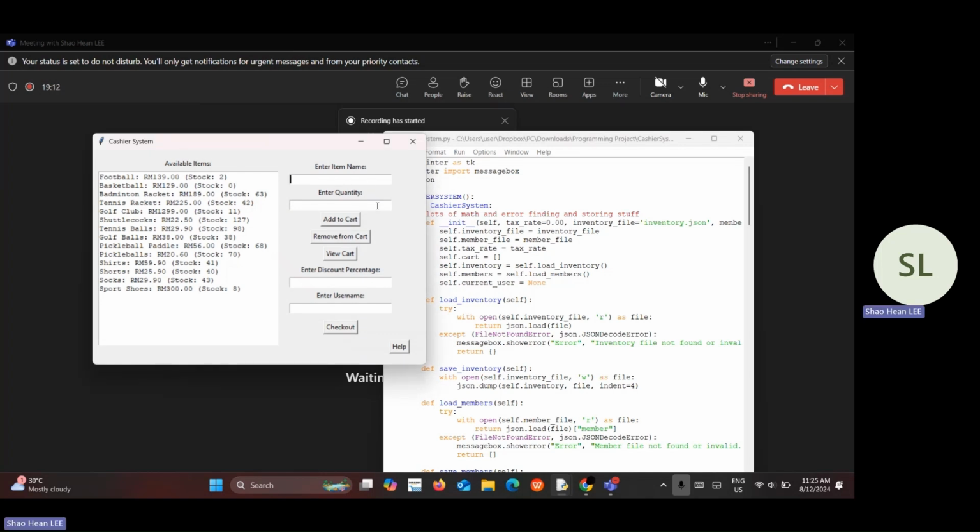What if I mistakenly entered a negative integer for the quantity section over here? For example, -2. Press the add to cart button. It will not work, saying that the integer must be positive in order for it to continue to work. If I were to add, for example, 5 badminton rackets and 10 tennis rackets, which the customer wants to buy,